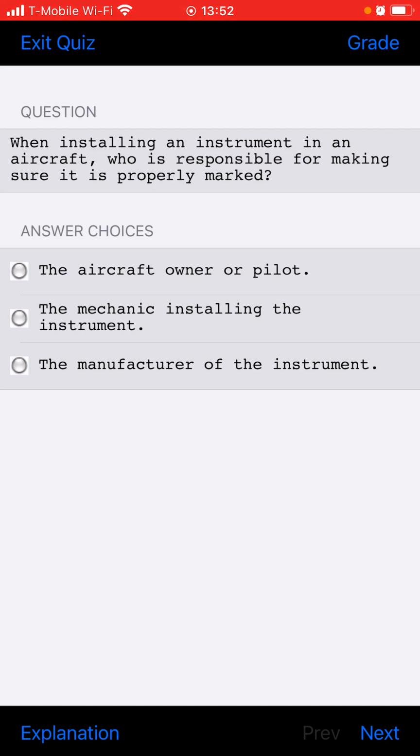An aircraft is required by FAR 91.409 to have a 100-hour inspection. Is it legal to fly that aircraft beyond the inspection requirement? And if so, how long? Yes, the aircraft may be operated for up to 10 hours if required to reach a place where the inspection can be